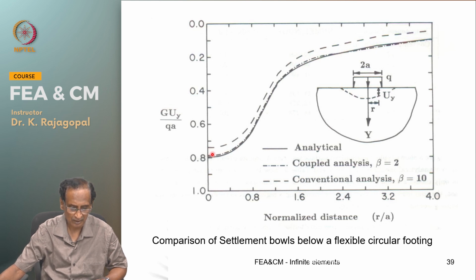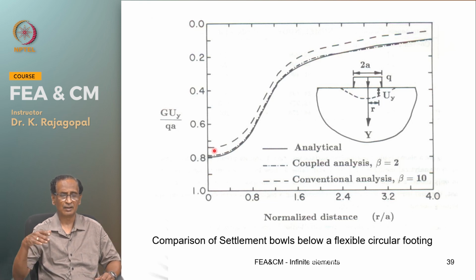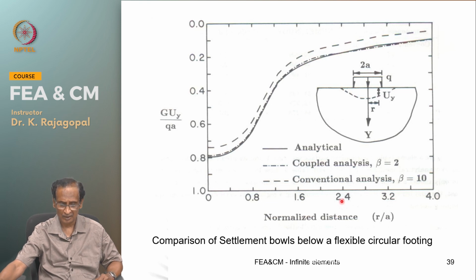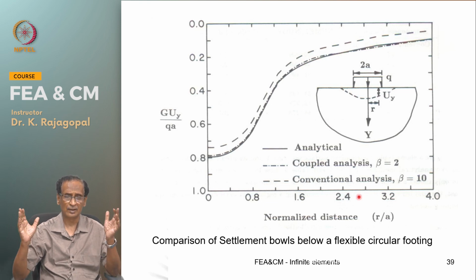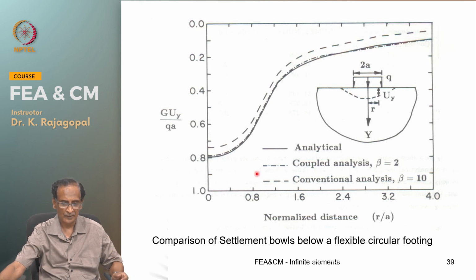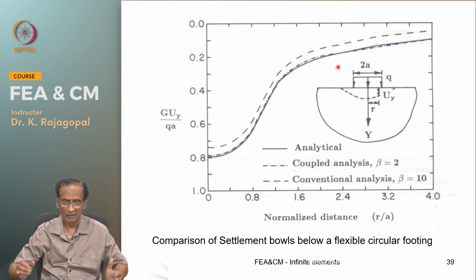There is still so much variation between the theoretical result and the finite element result when we use our conventional analysis, where we fix the boundaries at 10 times the footing width. Whereas with infinite elements, even when you couple at a distance of 2 times the footing width, the result is very close to the exact analytical solution,